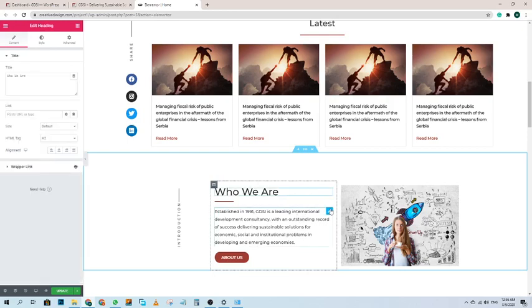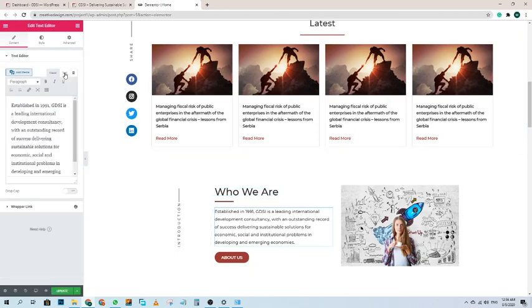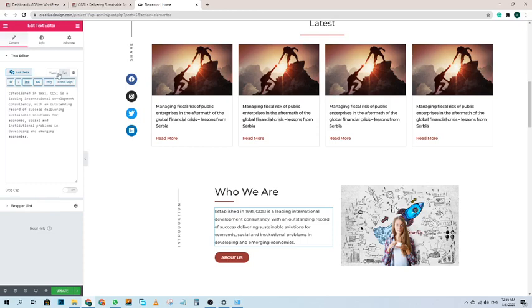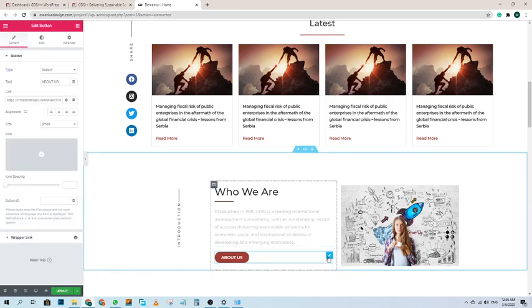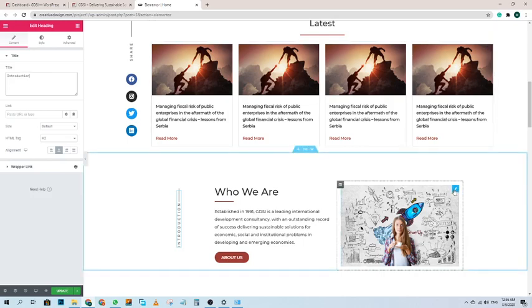This is also the heading, and this is also the paragraph. So whenever you are trying to change the content, just click on the text tab. There are two tabs, visual and text. So click here, and then add the content. You can see over here the text is changing. And this is again the button. And if you want to change the content of this line, you can again click on this pencil icon and change the content.